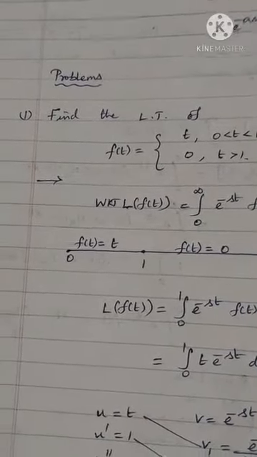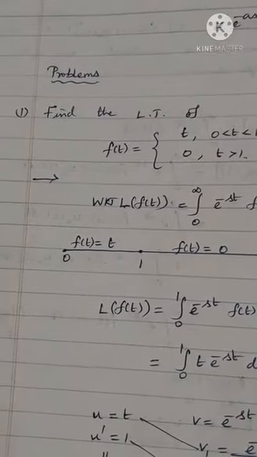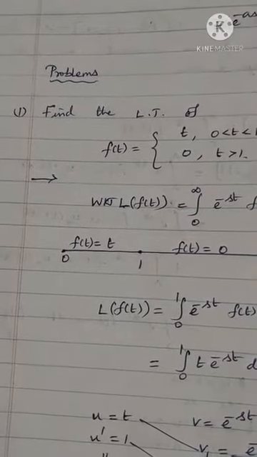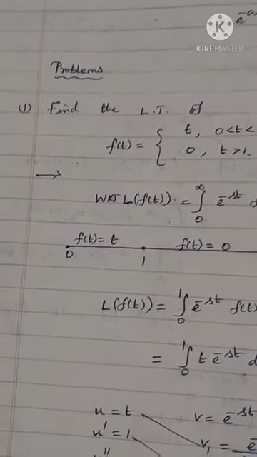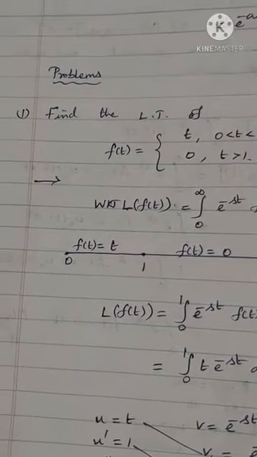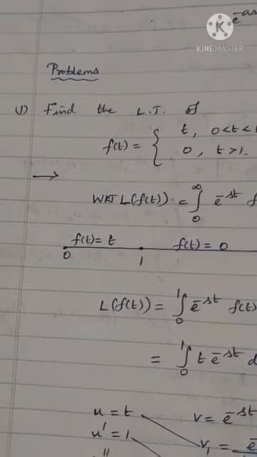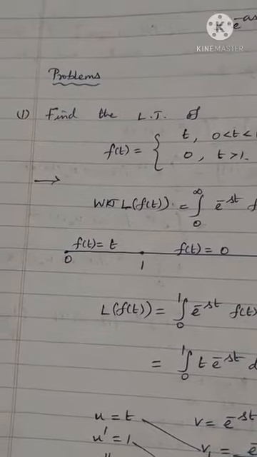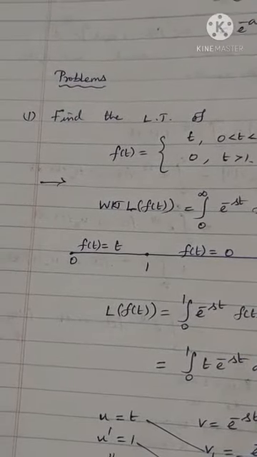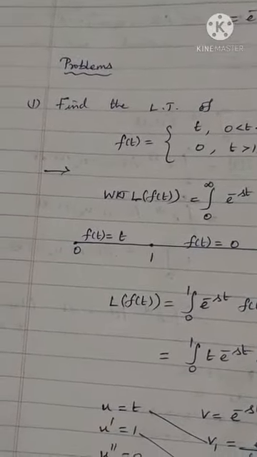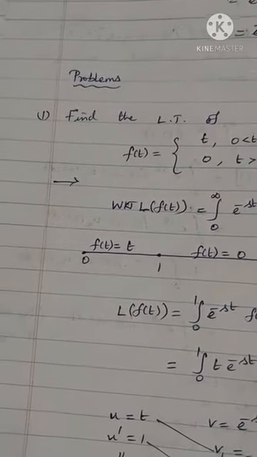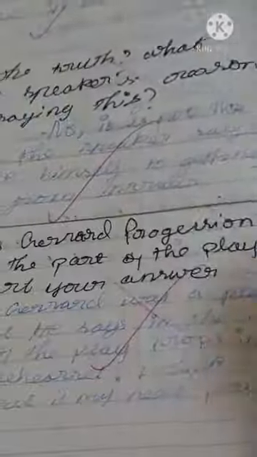Sometimes we may have product of two functions where one may be t or t square. In such case, we should use the derivative of Laplace transform. L of t into f of t is minus d by ds of L of f of t. L of t square into f of t is plus d square by ds square of L of f of t. Okay? And after these two, what is next? Next comes L of f of t by t, I think so, right? What is next?